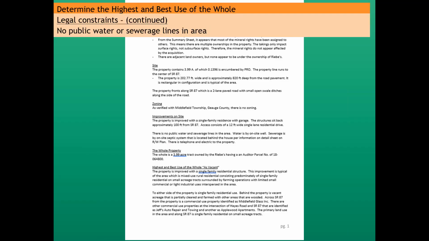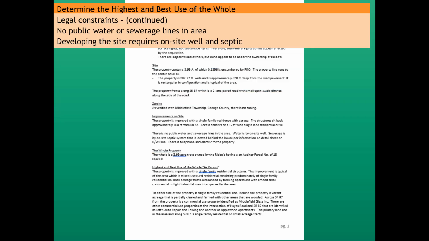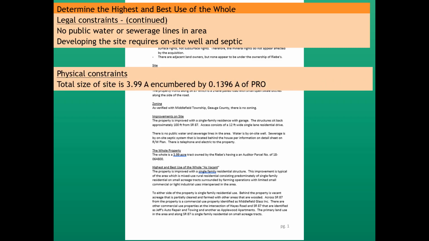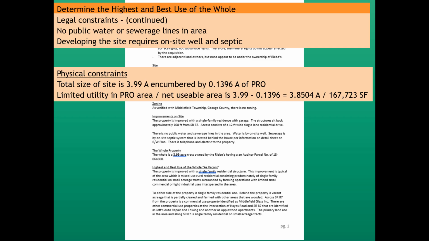All right, there's no public water or sewage lines in the area where their property is located. Developing the site requires an on-site well and septic system, which it does have. Physical constraints, it's 3.99 acres, encumbered with a standard highway easement that's 0.1396 acres. There's limited utility in that highway easement PRO area. So the net usable area, if we take the entire site size, 3.99 acres, and subtract the area encumbered with standard highway easement, the usable area to the fee owner is 3.8504 acres, or